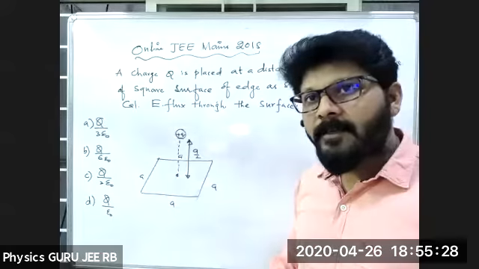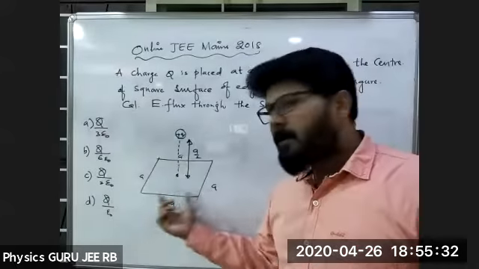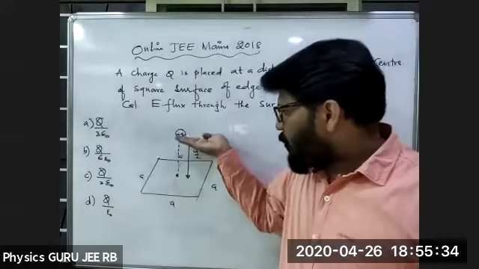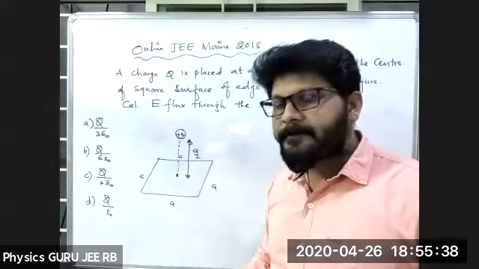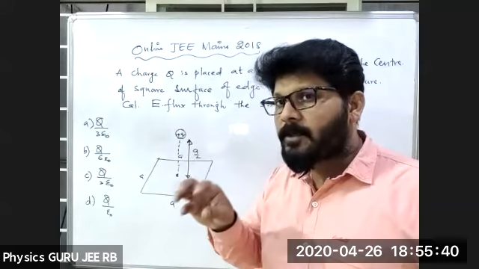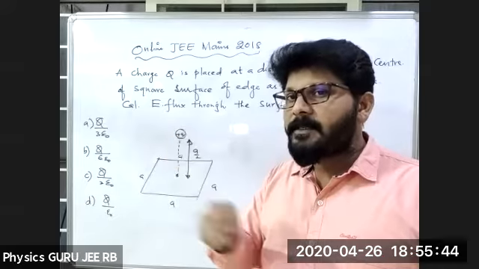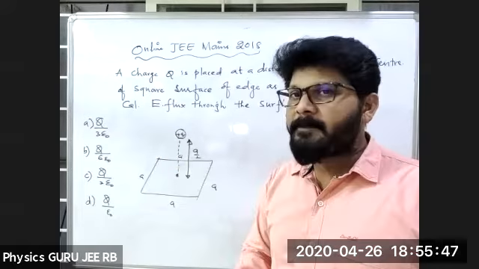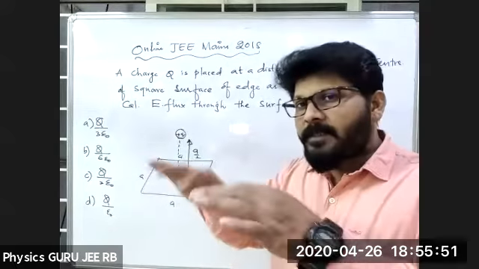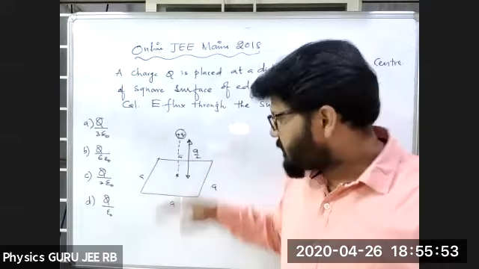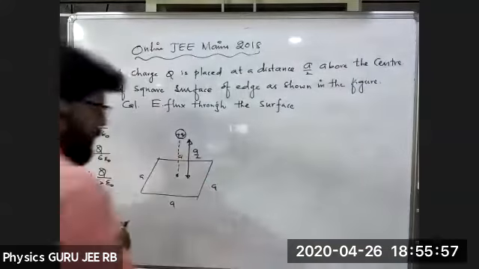Electric flux we require. So when I want to calculate electric flux here, see, this is nothing but a plate. Above at a distance of A by 2, a charge is placed. So according to Gauss law, the net flux linked with the closed surface is phi equals Q by epsilon naught. So if I want this plate to be closed, I have to construct a cube because the charge is at a distance of A by 2. Just you can see how I am going to convert this one.